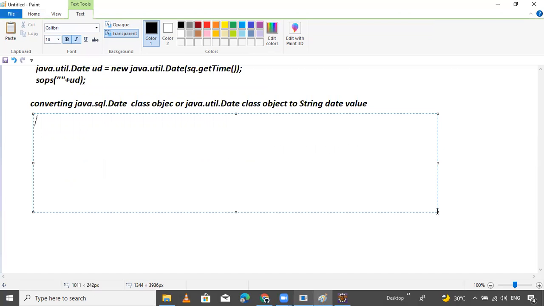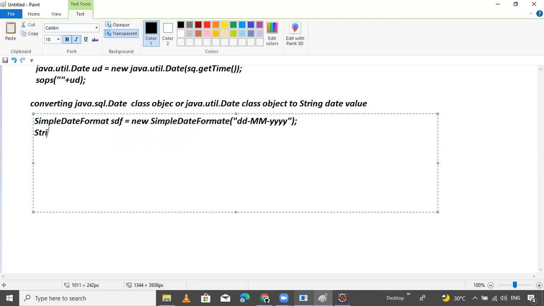Simple steps are there. What are the steps? Prepare a SimpleDateFormat object. SDF equals to new SimpleDateFormat. Provide the date format dd mm yy.